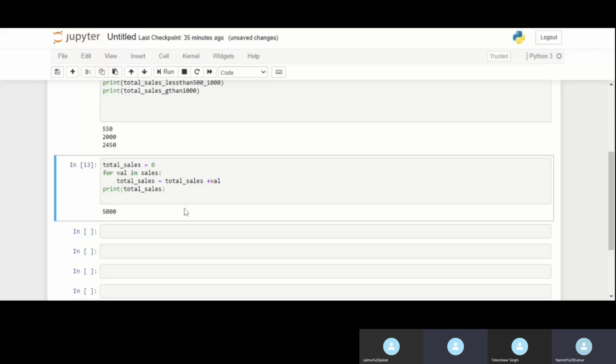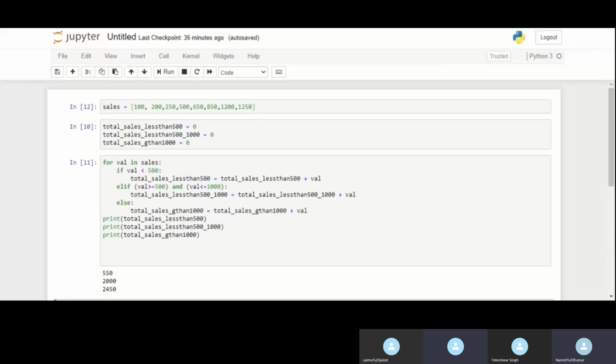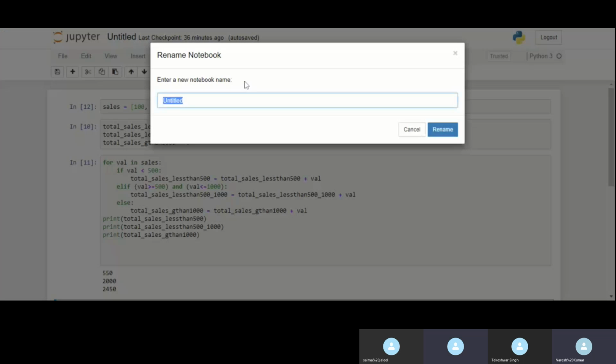Okay, fine. So try to practice a few more problems on your own. Go to any website like Tutorial Point or any other website. There you will get a lot of this kind of problem statement, and from there you can take them. Okay, so we will start with function today.